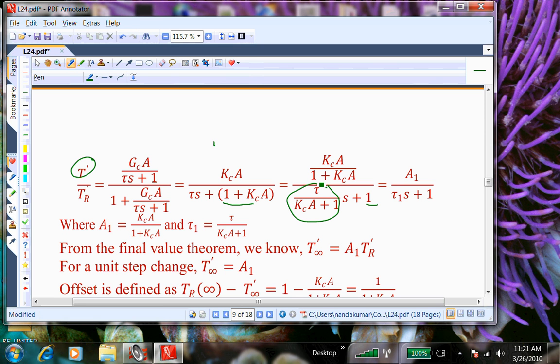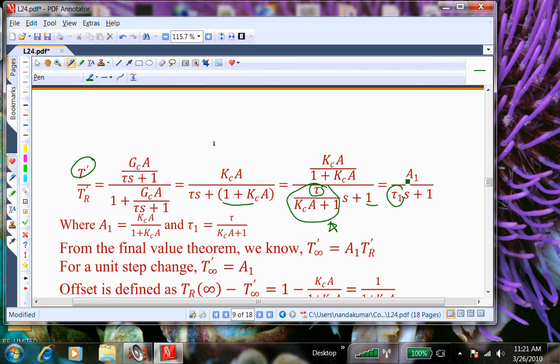You need to write this transfer function as something times S plus 1. Then only you can look up the inverse Laplace transform. The inverse Laplace transform of that is always e to the power this something times t. So this becomes the effective time constant. The process time constant is tau. So the interpretation is, once you have this effective transfer function, tau 1 is your effective time constant